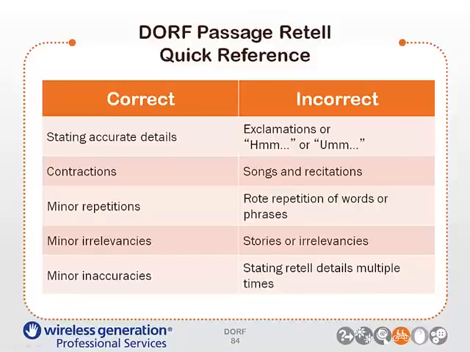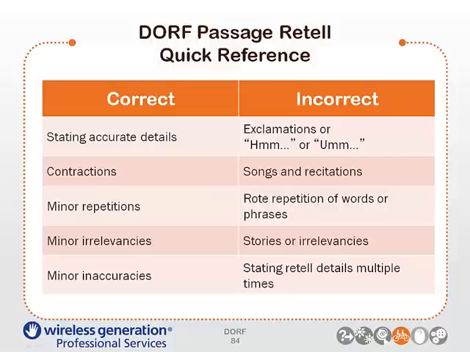For the passage retell, you can see here are some of the things that you would count as correct: stating accurate details, contractions, minor repetitions, minor irrelevances, minor inaccuracies. Some things that you would not count would be exclamations, songs and recitations, rote repetition of words or phrases like and,